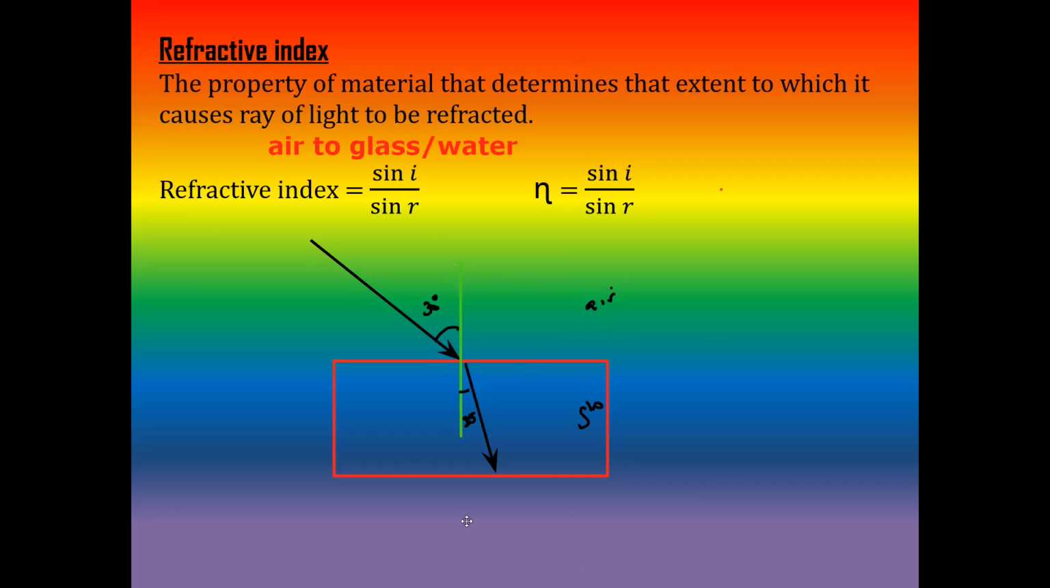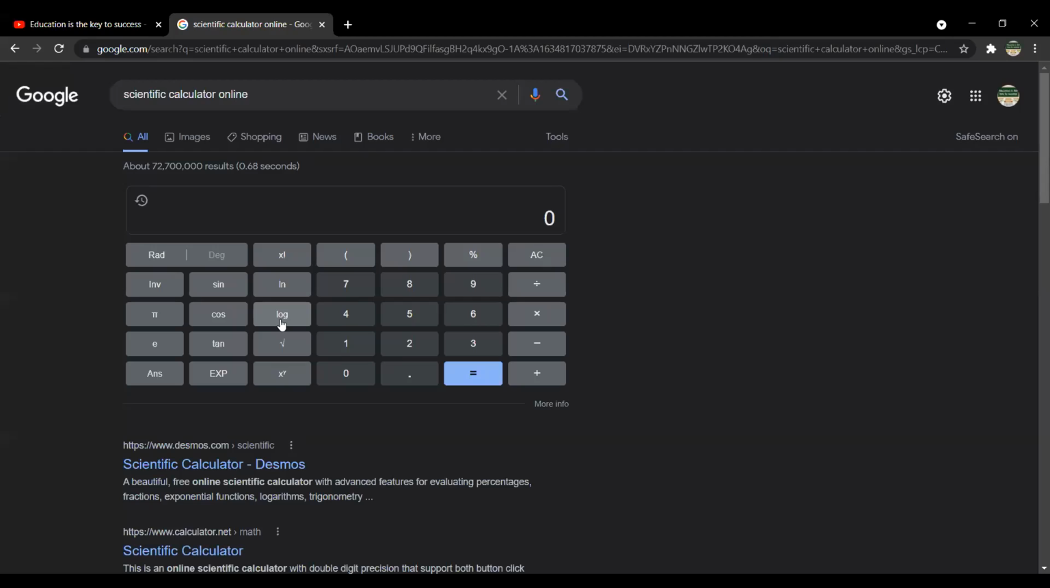So how do we work out the refractive index moving from air to glass? The refractive index is equal to sine angle I over sine angle R. Angle of incidence is 30 degrees, and angle of refraction is 25. So sine 30 divided by sine 25. You will use a scientific calculator here. Whenever you are using a scientific calculator, the mode should be in degrees, the angle should always be in degrees. So it is sine 30,